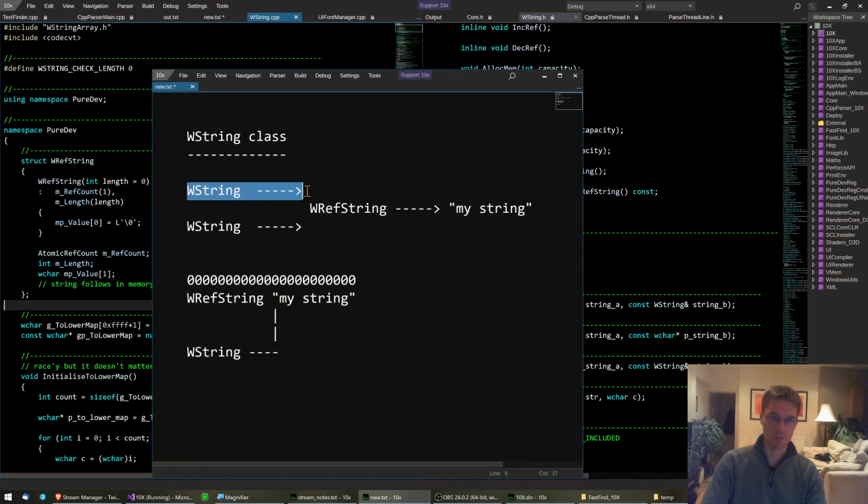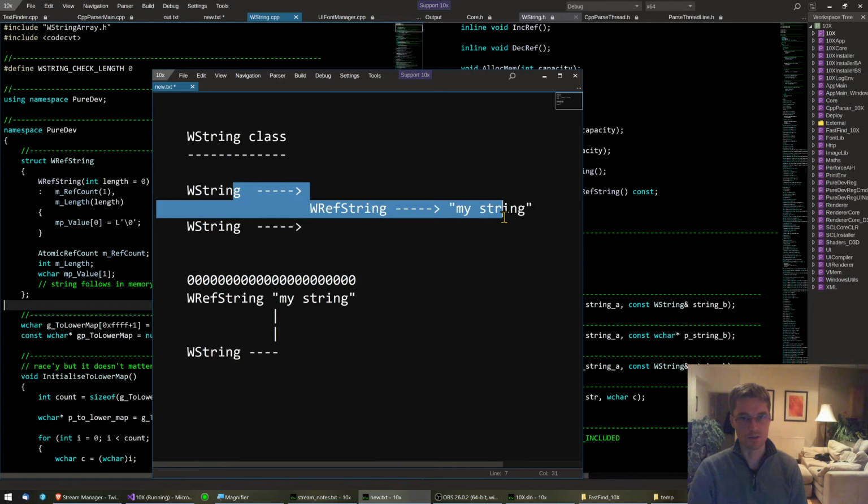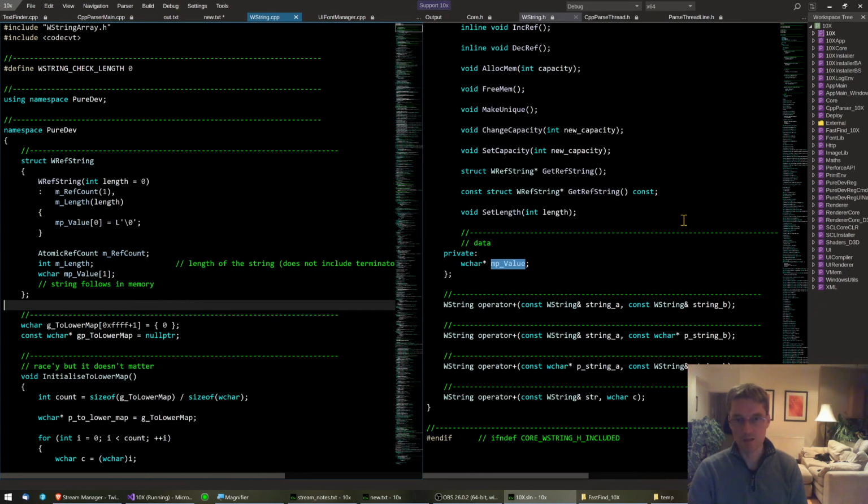I think mainly it was just to reduce the fragmenting of memory, to put these two at least in the same memory location. It just means there are fewer allocations, and something like a text editor will have millions of strings, and it's just nice not to have to frag memory all the time and do double indirections and stuff like that. So yeah, I'm quite happy with my little string class. It's done me well for many years, and